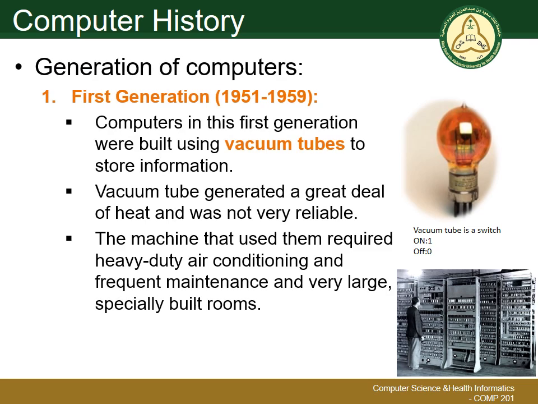Okay, now we will move on to talk about some of computer history. Computer scientists, when they talk about computer history, divide it into four main generations. First generation, second generation, third generation, fourth generation. The first generation was from 1951 to 1959, in the 50s of the last century. What made this generation unique at that time is the usage of vacuum tubes. Vacuum tubes used to store information